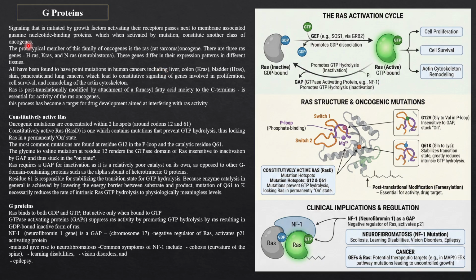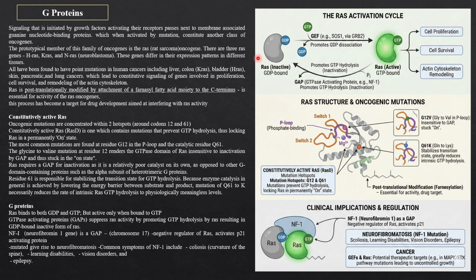Now, talking about the G proteins, the signaling that is initiated by the growth factors activating their receptors passes next to the membrane-associated guanine nucleotide binding proteins, and these are called the G proteins. The prototypical member of this family of oncogenes is RAS, or the rat sarcoma oncogene. There are three RAS genes: HRAS, KRAS, and NRAS, which is the neuroblastoma RAS, and these genes differ